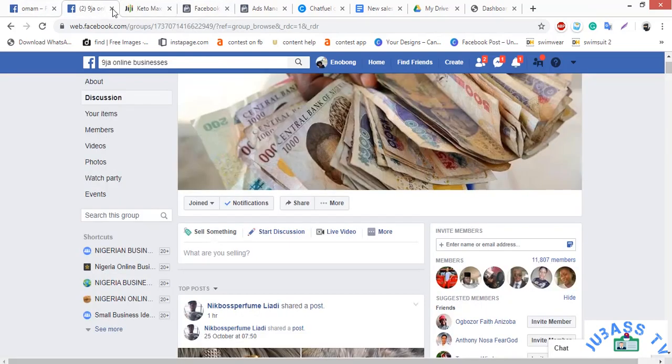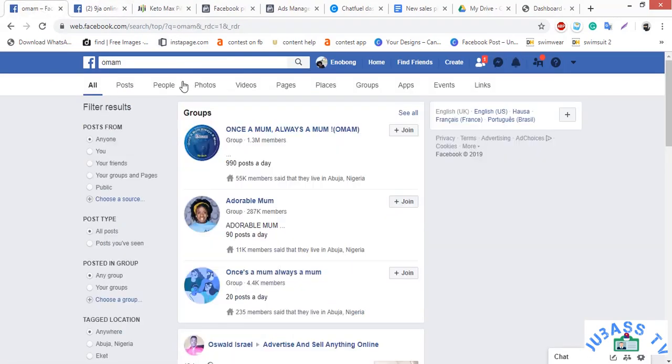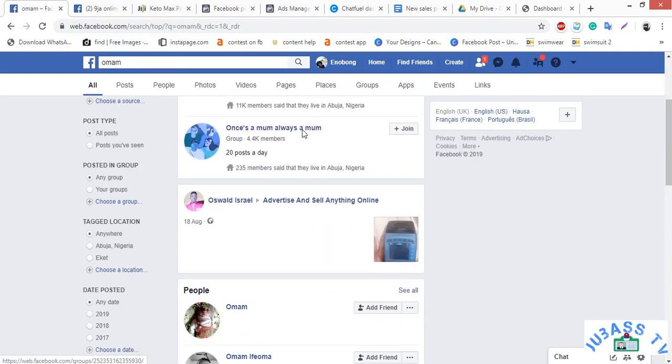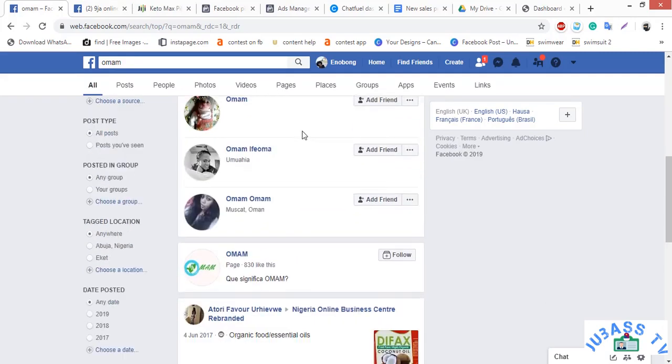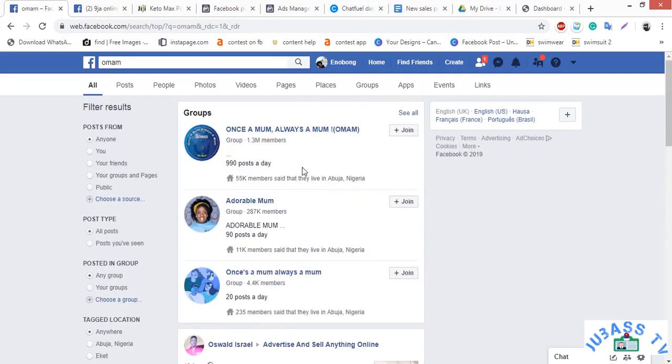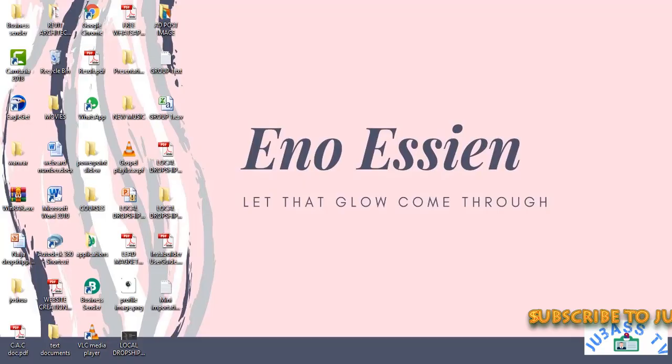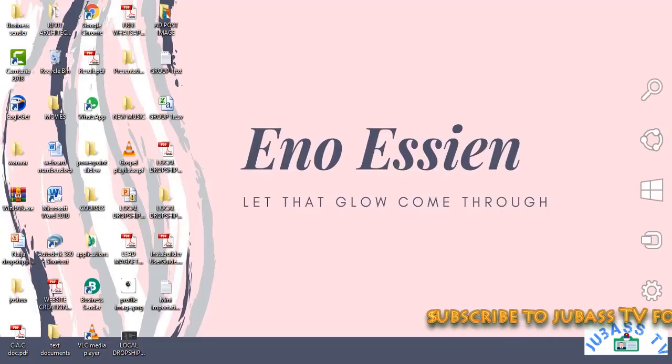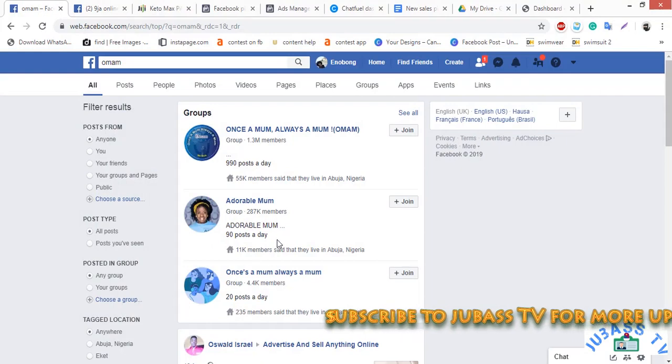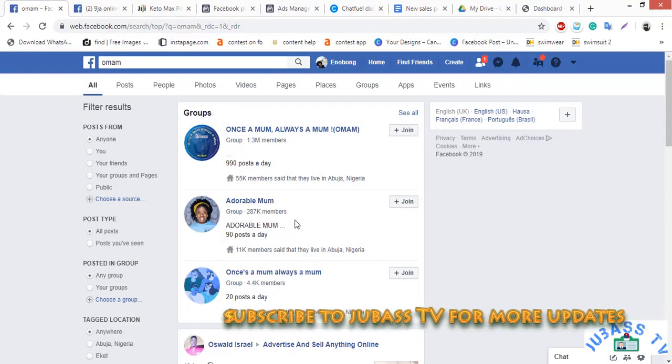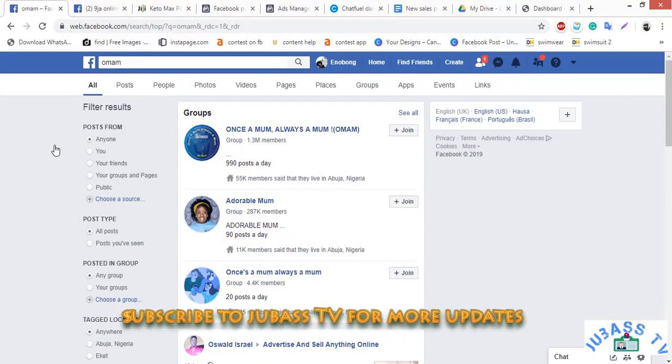I've shown you an example of a free group. I'm in over 30 buy and sell groups, and I'm also in a lot of these groups, but I've not joined them again in my new accounts. There's a list of groups that I will join when I'm ready to, because when you join a lot of groups, they just fill your newsfeed with so many things, some things you just wish you could avoid and not see. So that is it for the groups.